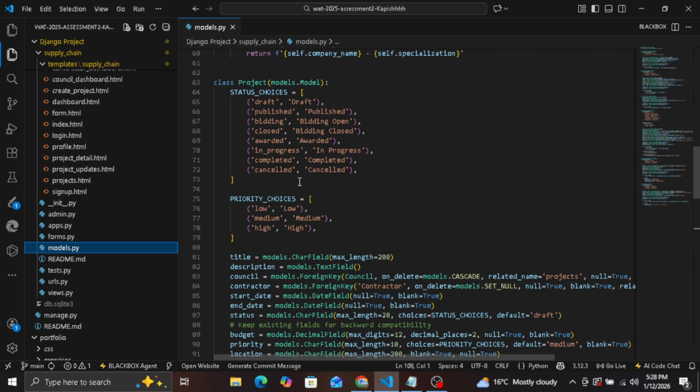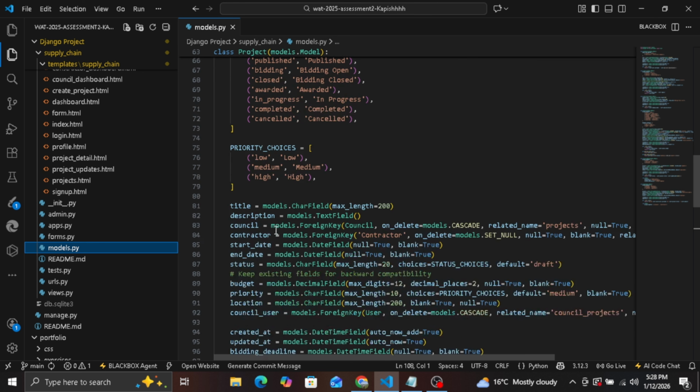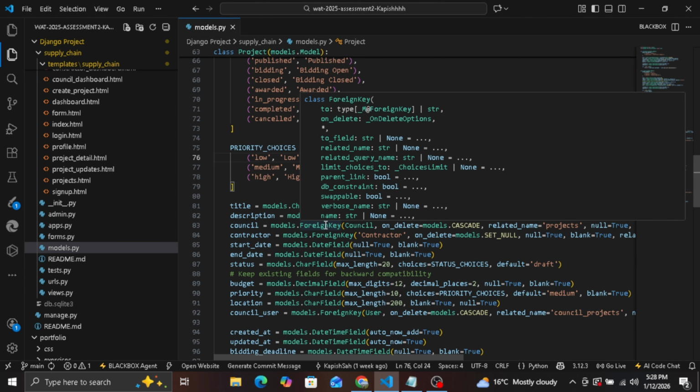This project uses the Django app called supply chain management system. In models.py, as you can see, I have defined the models such as councils and contractors, budgeting, bidding and updating